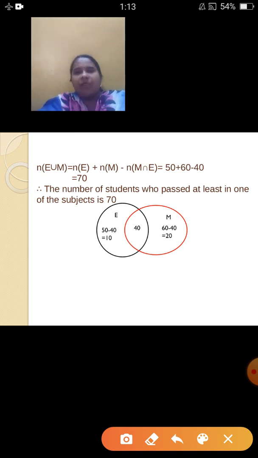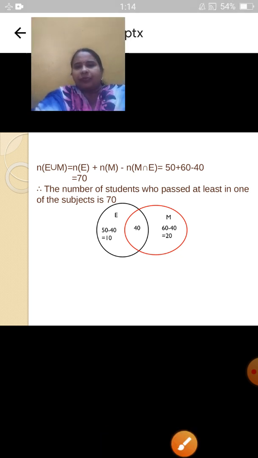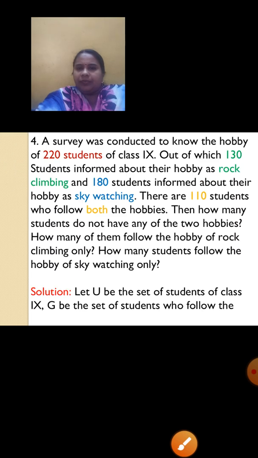Okay? As I've already told you, this you can draw if you want, for you to understand. If not specified, you can again use the formula method. Okay? All the sums can be done by both the methods. Now let us move to the next sum. The next sum is quite a lengthy sum. I am reading it part by part. Do not be afraid seeing the length of the sum. It is easy.